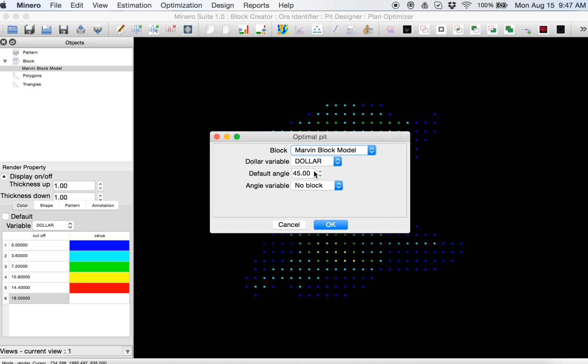A default angle is 45. In this particular exercise, I'm using a default angle, but I can use also an angle variable.